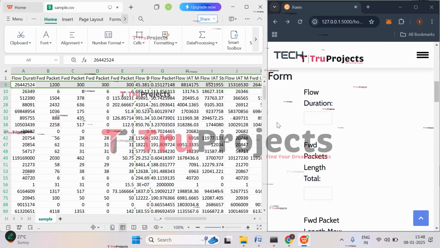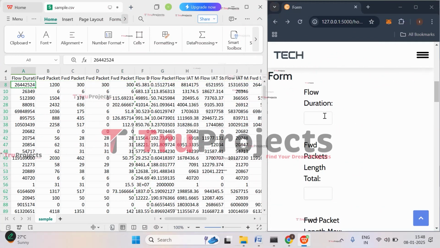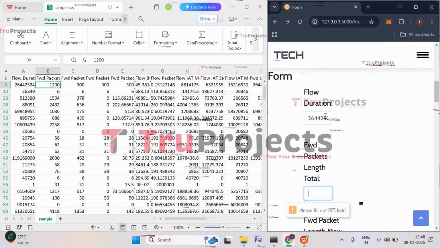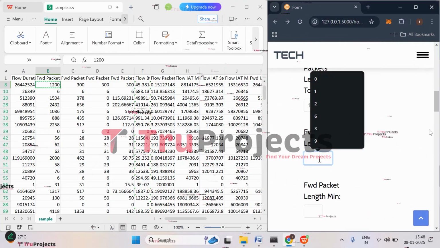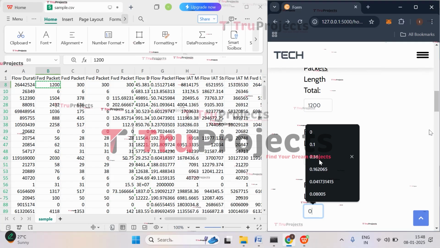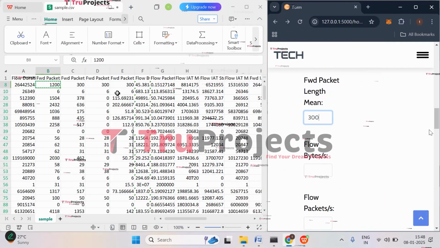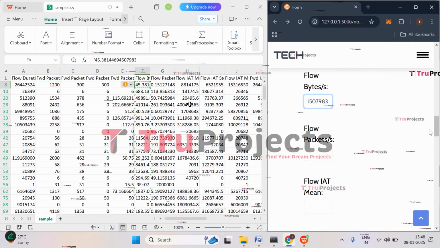Let's try with this case where the flow duration is 2644254. Then we have forward packet length, that is 1200. And the next three values are 300, that is forward packet length max, length min is also 300, and mean value is also 300. Then flow bytes are 45.3, so paste it.